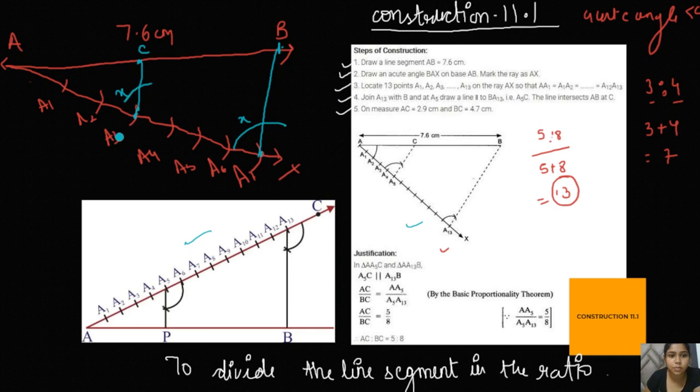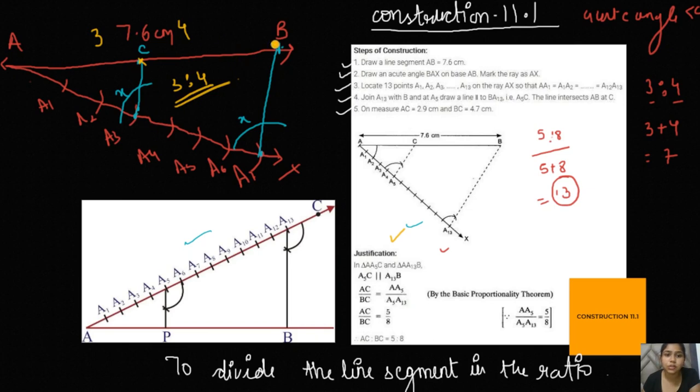Okay, basically both the angles will remain the same, then only you can draw the parallel line. Right. So this line is cutting at this point, so this will be your 3:4. This is how you can divide the line segment in the ratio 3:4. I hope that's clear to you. This is very easy. You can have a look at this justification.